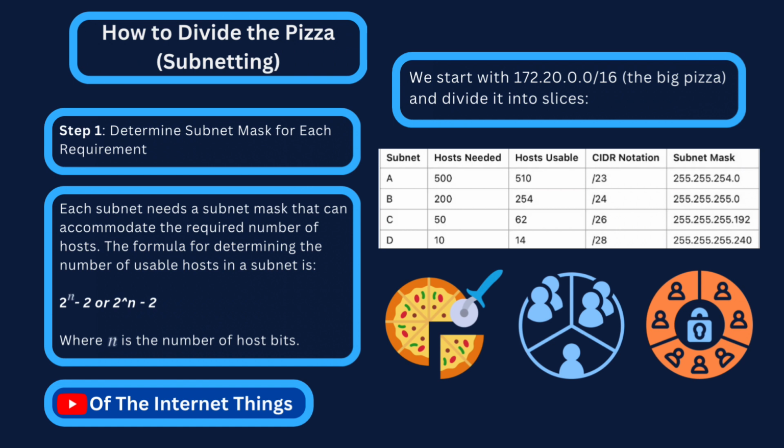The address range for subnet A is 172.20.0.0 to 172.20.1.255. Subnet B, requiring 200 hosts, uses a /24 CIDR with a subnet mask of 255.255.255.0, providing 254 usable addresses in the range